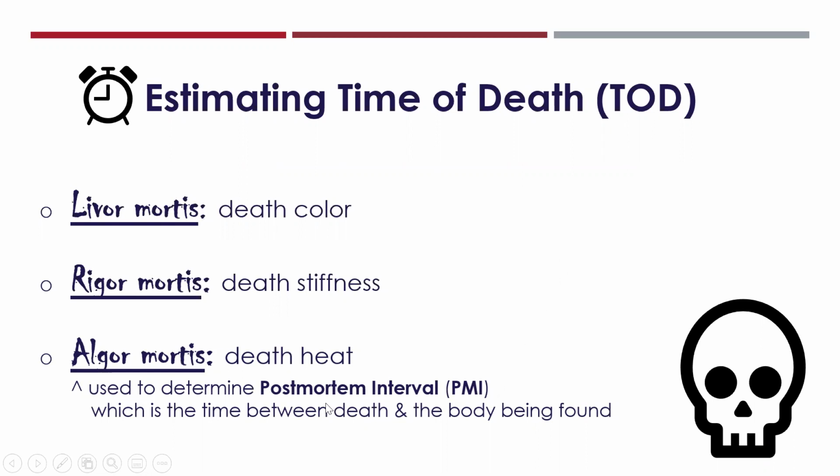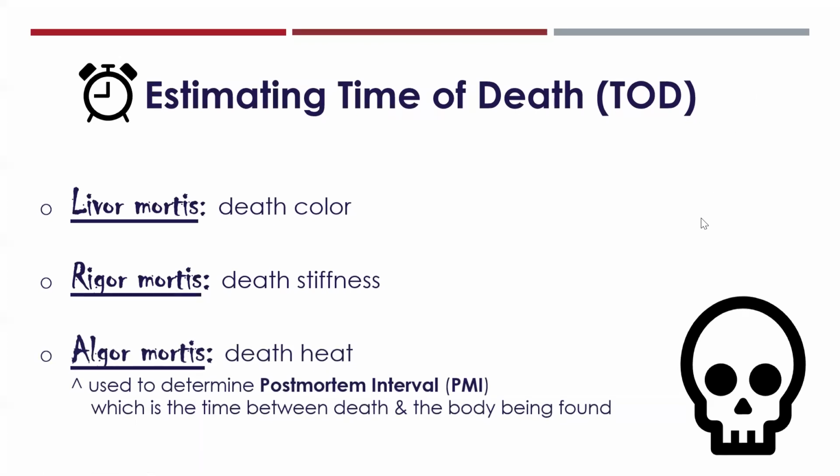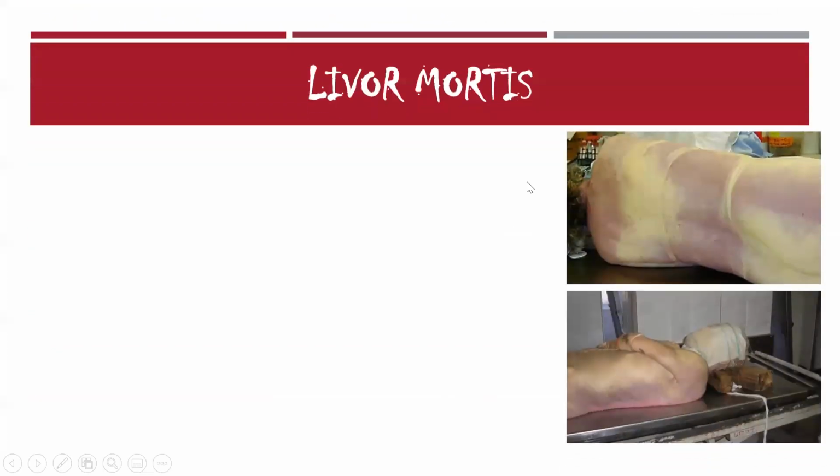Also, there's another way to determine or to state time of death. You can say post-mortem interval, basically between when the body was actually deceased versus when it was found. You backtrack, you determine time of death. So you can also say PMI, post-mortem interval, instead of TOD, time of death. Okay, livor mortis,